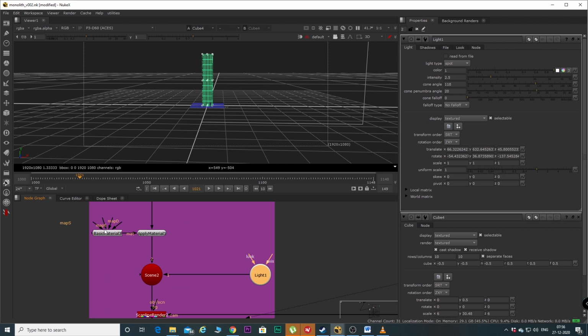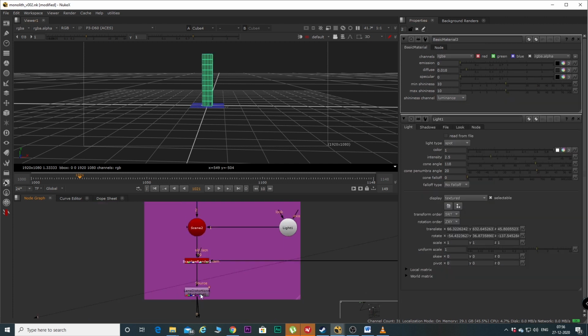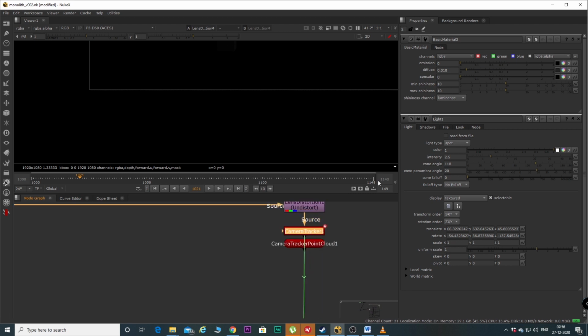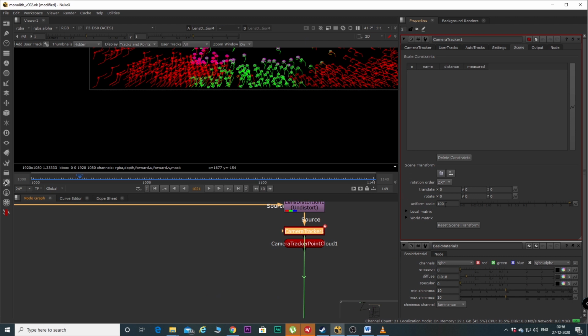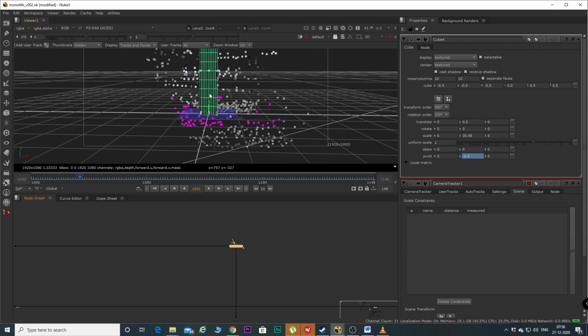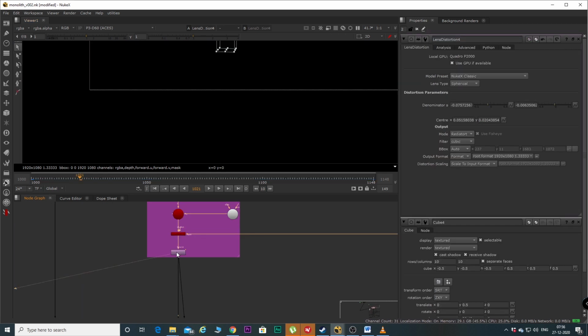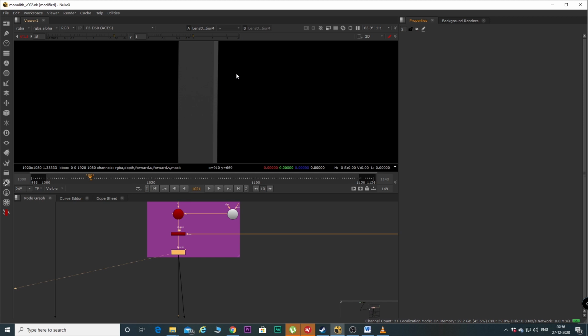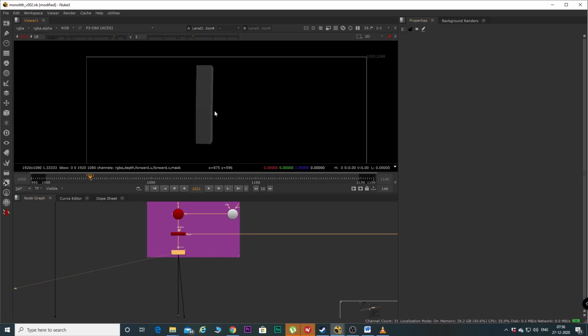I've added a light source and a basic material with the camera attached. Also, there's one more thing. You should scale the camera tracker or the camera in the world space. Like that. It's 1 unit. You should just scale it to whatever suits, whatever is matching to your scene unit. So I've scaled the cube according to the same scale units. So this is what I get. This is very diffused, just with a basic lighting direction which is coming from here, and I've added a lens distortion.